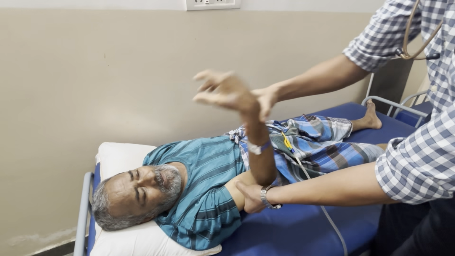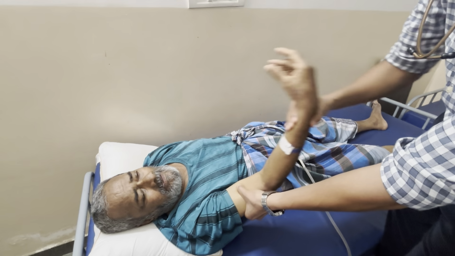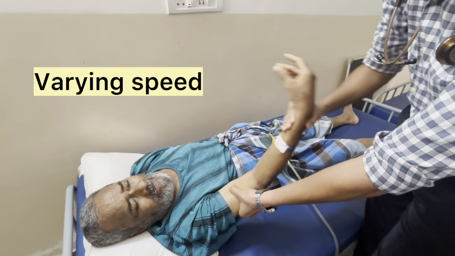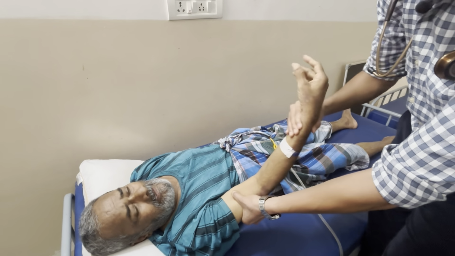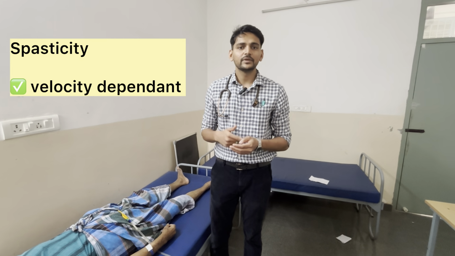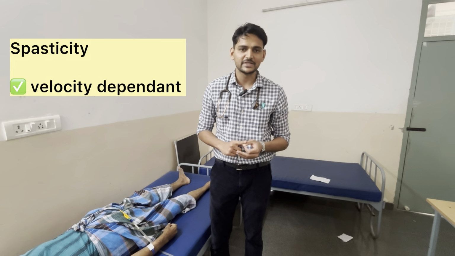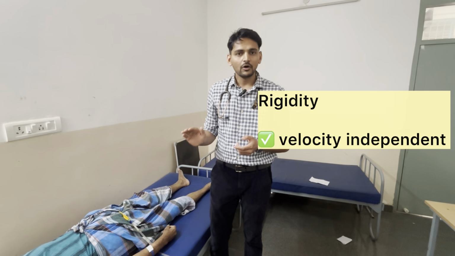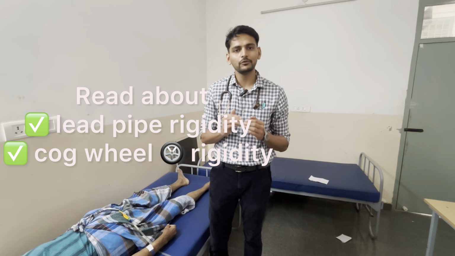So just do it like this and always try to perform the examination at varying speed. For example, we have to do slow movements and some rapid movements, because the tone assessment will involve velocity dependence factors. For example, if it is velocity dependent, in case of hypertonia, we call it spasticity. If it is velocity independent, that is, the resistance offered by the group of muscles will be uniform throughout the movement, independent of velocity, irrespective of the speed which we increase,